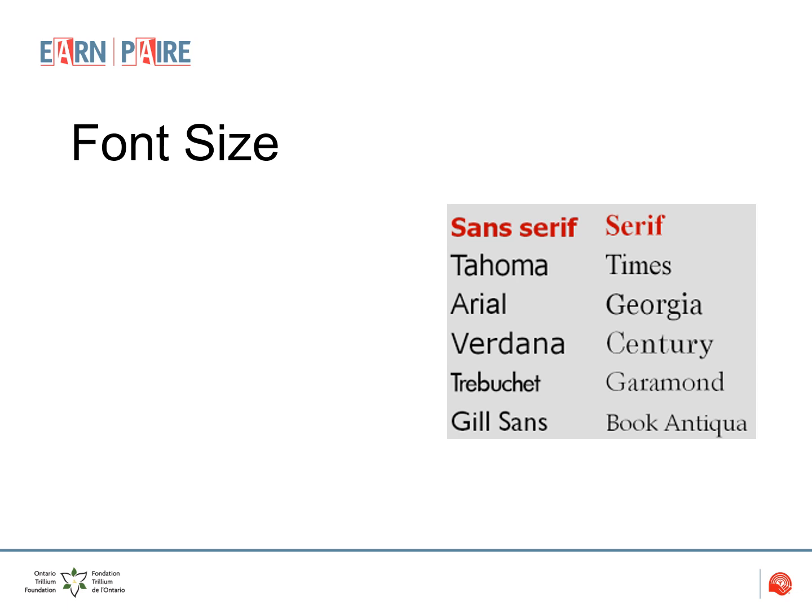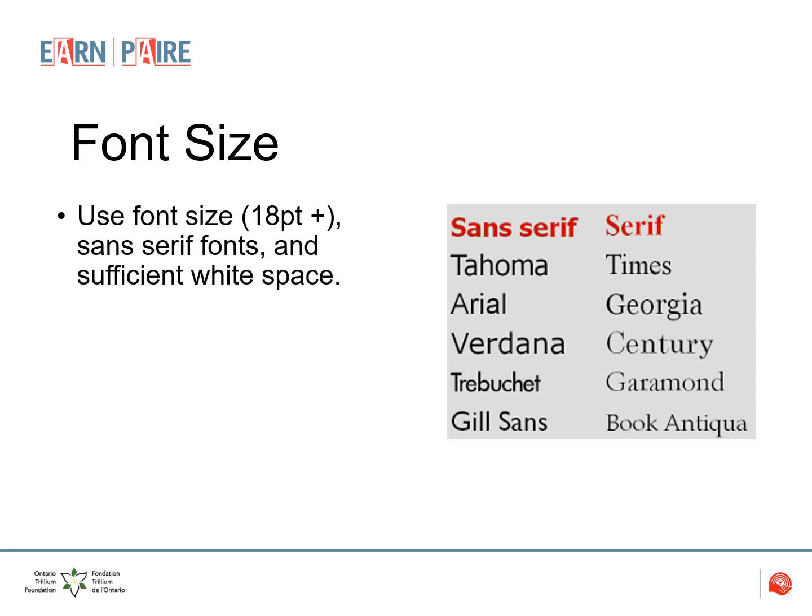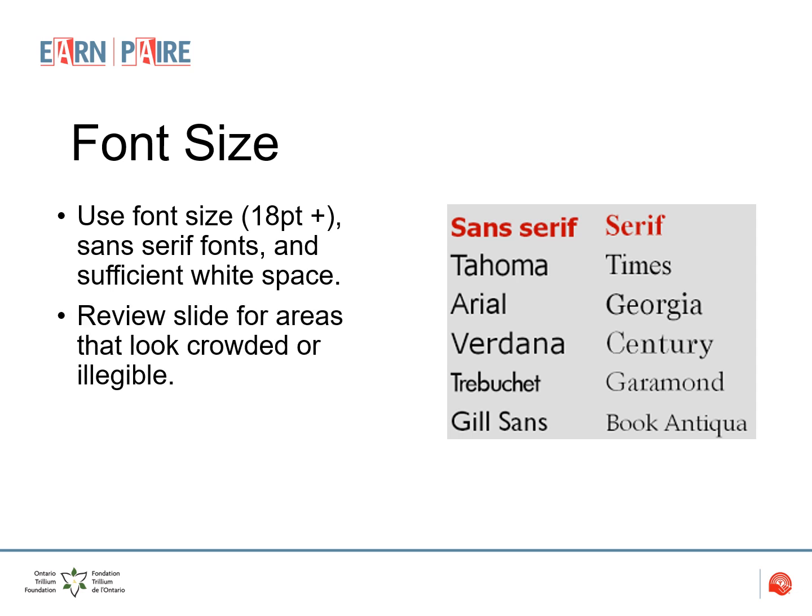All right, font size. Use a larger font size, 18 point or larger, sans serif, and sufficient white space. People who have dyslexia describe seeing text merge or distort, especially when the text is small or crowded. This can be a problem for those with low vision or those viewing the content at a distance. You can enhance the accessibility of your content for everyone by using larger fonts and including ample white space between sentences.